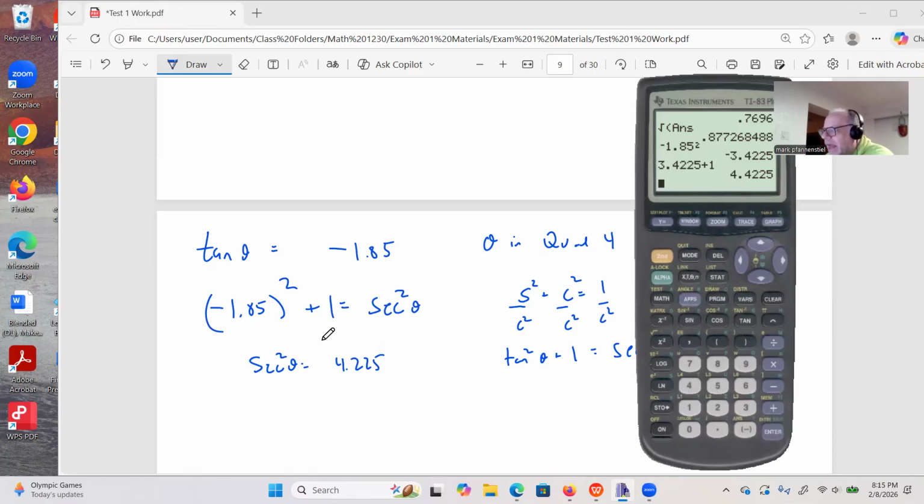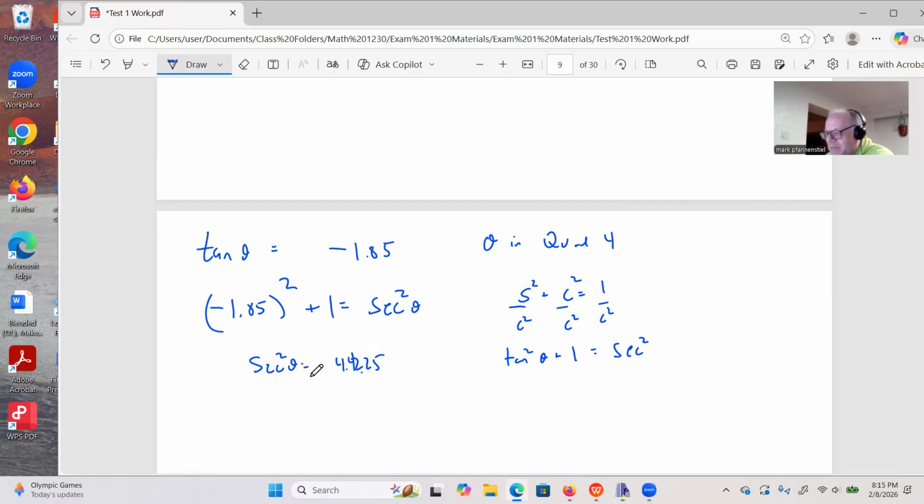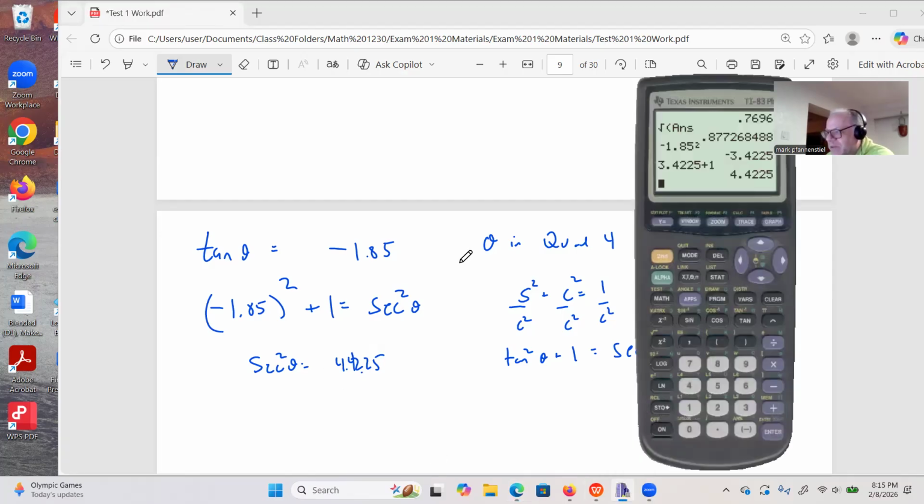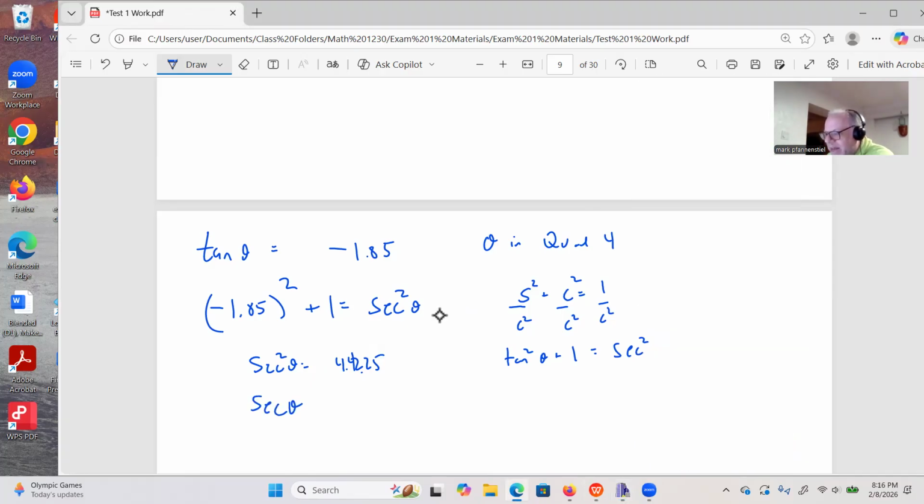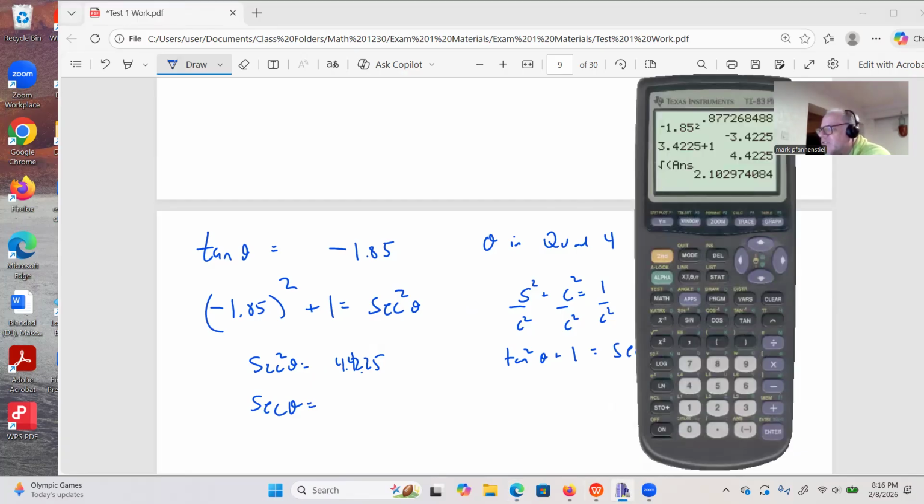All right. And we are in quadrant 4, 4.4225. There we go. So we're going to go ahead and take the square root of this thing. So we have second function square root, second function, this guy here, and say, okay, that's going to be secant theta is equal to, let's go ahead and figure out, that's